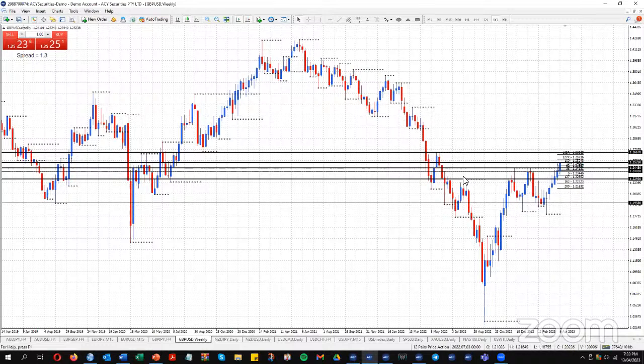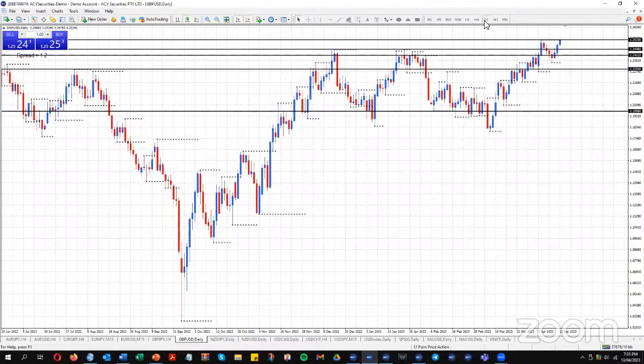Does this pair, because it was below that double top before the news yesterday. So whilst we're above it at the moment, we're coming up to challenge the high last week, pretty much to the pip. I'm suspecting we will trade above there. The key thing to be watching is, do we falter at that high? And the key level to watch, like on the euro dollar, over the next week is the level that we were holding at before the news of yesterday. Does that remain a support on any kind of pullback that we might get?